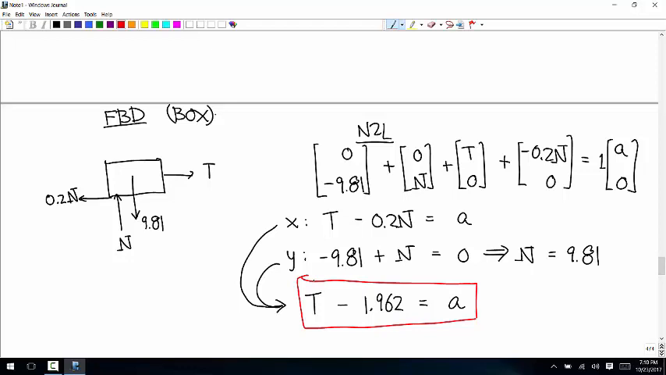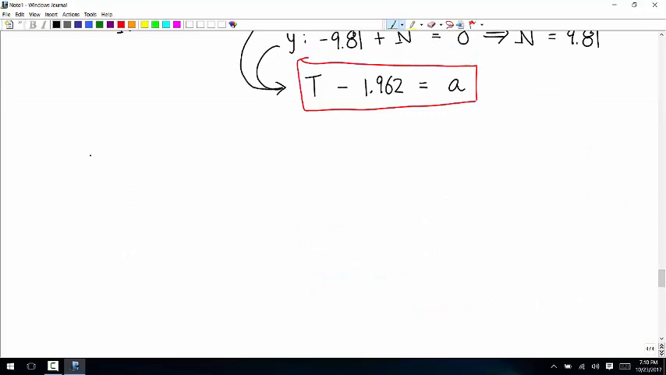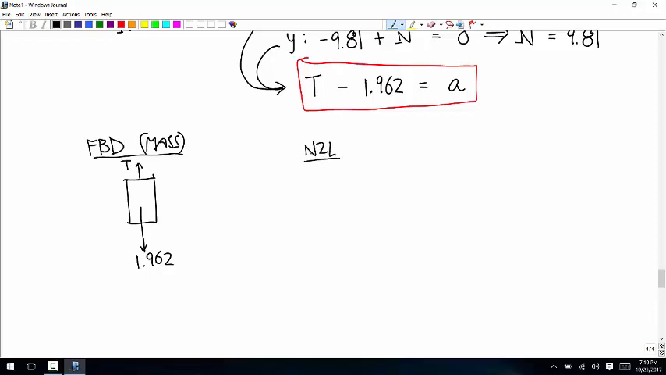Any questions about that? Okay, so now the other one doesn't change. The free body diagram of the hanging mass is still the same. We just have a downward force of 1.962 and an upward force of T. So Newton's second law says <0, -1.962> + <0, T>